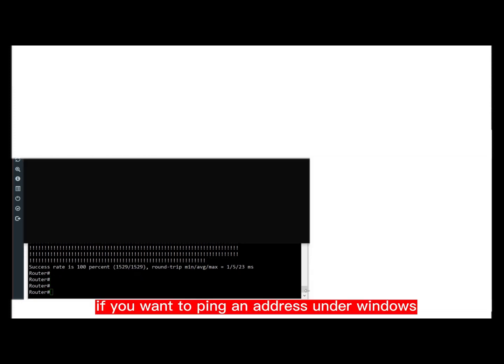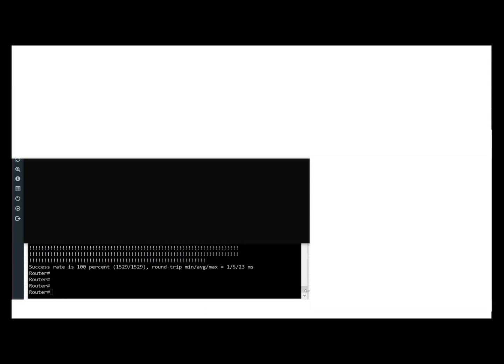If you want to ping an address under Windows, how do you ping it? For example, I'm pinging Google right now. Just enter a